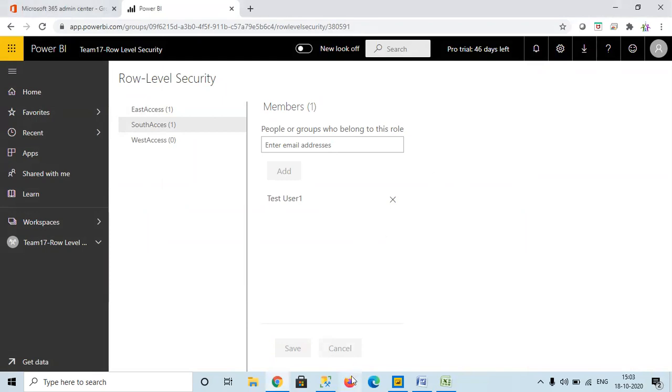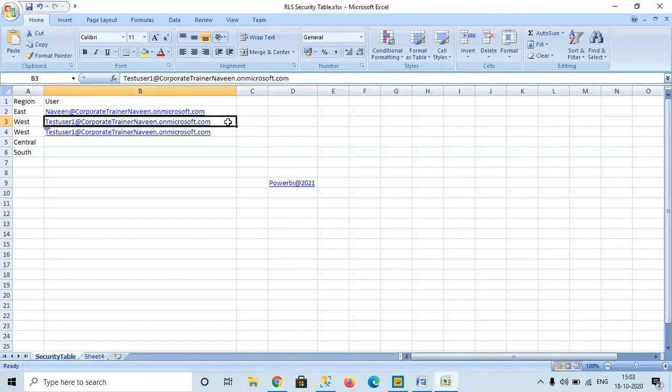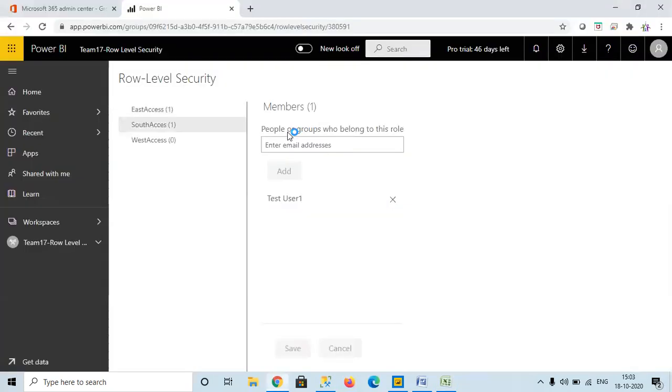So now when we log in with him, you should be able to see it. To show you all these things, I'll go to a different browser and log in with that test user. Every time we would need to log out and log in to test it, so this will be simple for us. That way we can test everything and provide access.